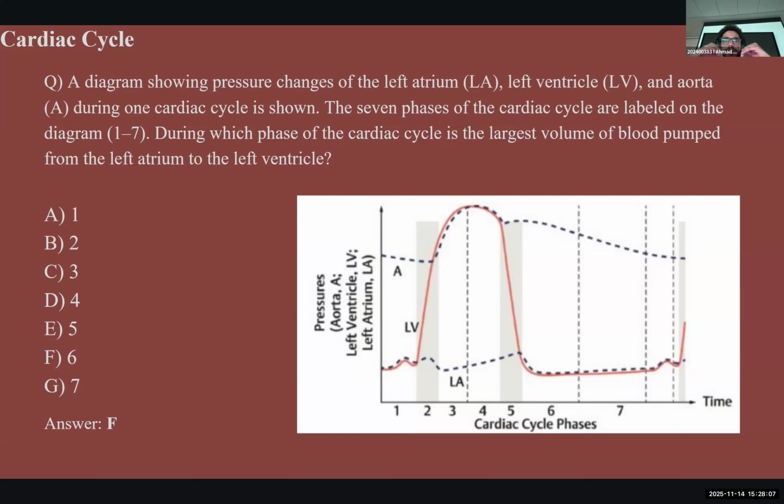And for the AV valve, the mitral valve specifically, to be open, the pressure in the left atrium must be higher than the pressure in the left ventricle. So you look at the graph and look at the phases in which the left atrium pressure is higher than the left ventricle. So we're talking about 0.1, 0.67, okay? Let's look at the peak again, sorry.